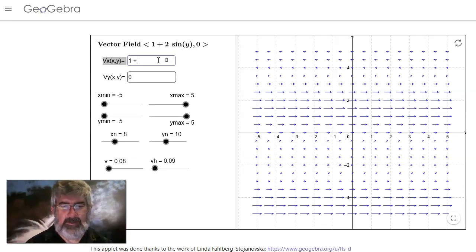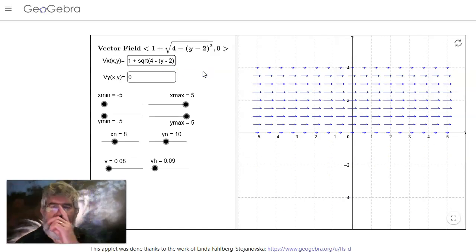So if I do something like this, if I do like a square root of, let's say, 4 minus, what do I want? y minus 2 squared. Oops. Yeah. So what I have here is